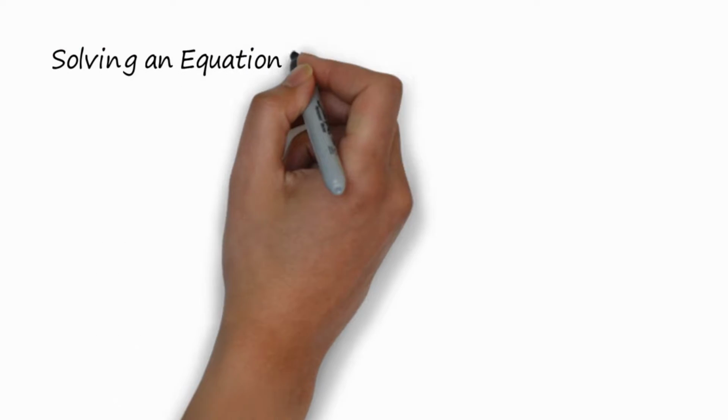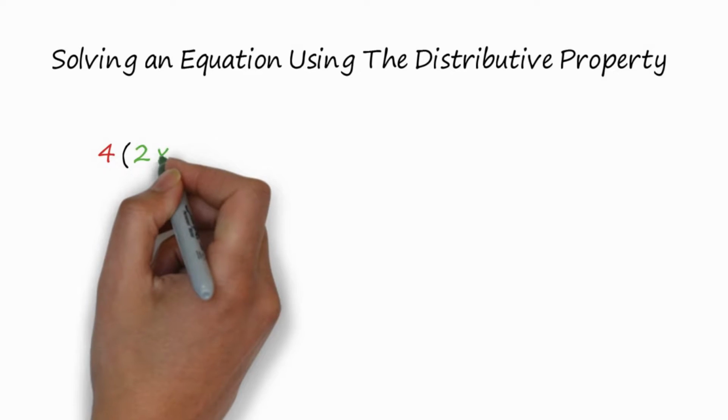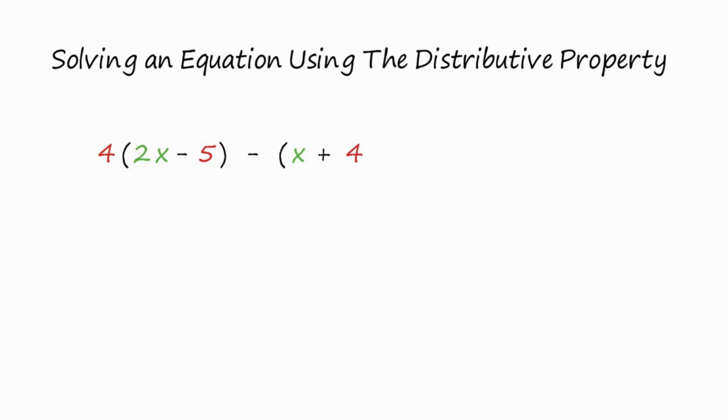Solving an equation using the distributive property. Let's look at an equation that uses the distributive property. 4 times (2x minus 5) minus (x plus 4) equals 3x plus 4, and use the distributive property to solve